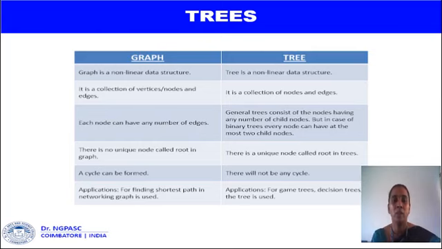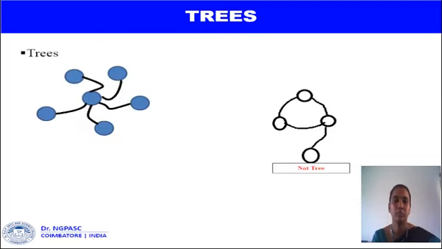Graphs are used in applications like finding the shortest path in networking. Trees are used in applications like game trees, decision trees and so on. So the next one is the difference between trees and graphs. See, in the first picture, which depicts the tree, there is no cycle formed, so it is a tree. In this next example, we have one cycle, no? From this vertex to this vertex we have formed one cycle, so it is not a tree; this comes under the graph.